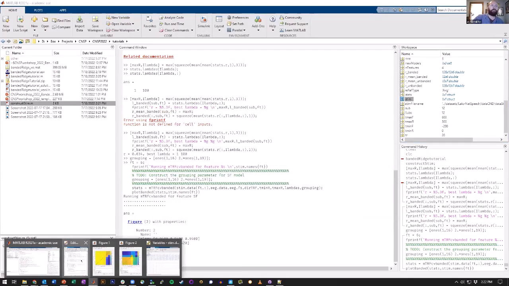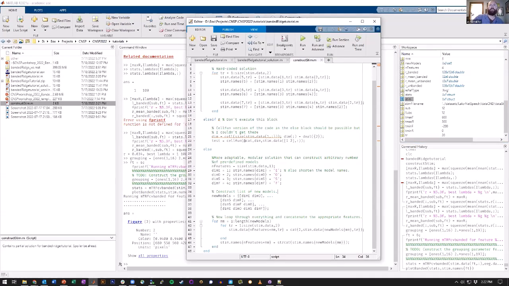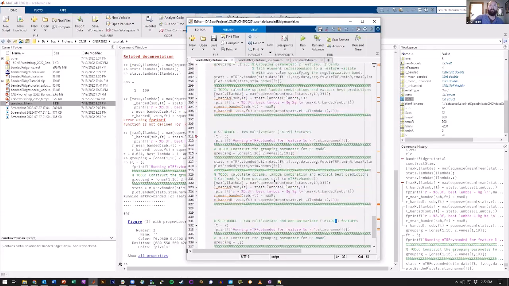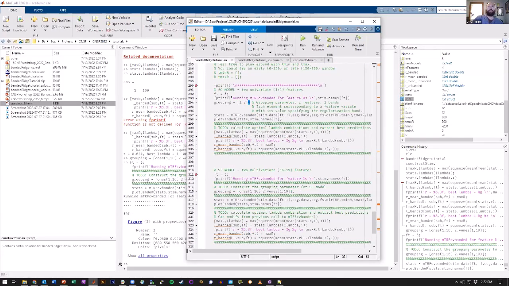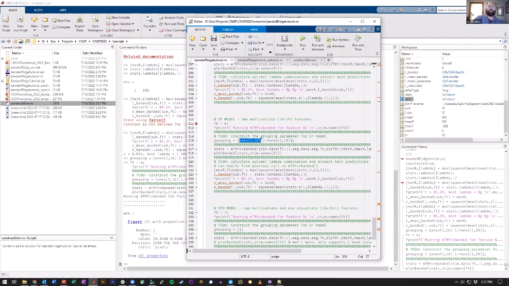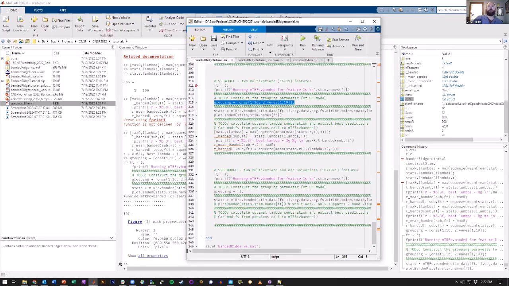Then when you decide on the grouping, just like we started off with 1 and 2 here, and then we have a bunch of 1s and a bunch of 2s here for 2 feature models. Here, you're going to do something to make it a 3 feature model. And you can just keep doing that to make it a 4, a 5, a 6, or a 7 feature model. I will say that when you get beyond 2 feature models, especially if they're multivariate features like these, it